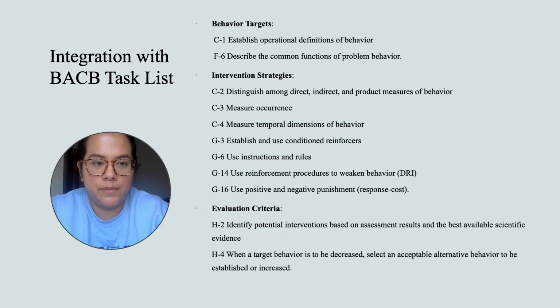For integration with the BACB task list, for target behaviors, C1, establish operational definitions of behavior, and F6, describe the common functions of behavior, were linked into the BACB task list. For intervention strategies: C2, distinguish among direct, indirect, and product measurements of behavior; C3, measure occurrence; C4, measure temporal dimensions of behavior; G3, establish and use conditioned reinforcers; G6, use instructions and rules; G14, use reinforcement procedures to weaken behavior, in this instance being DRI;